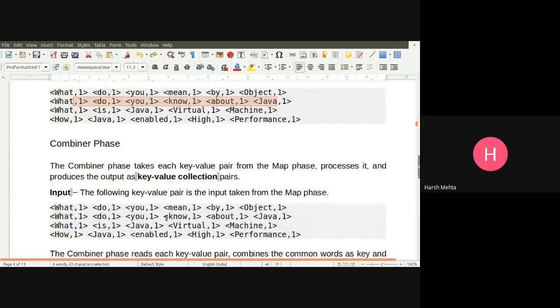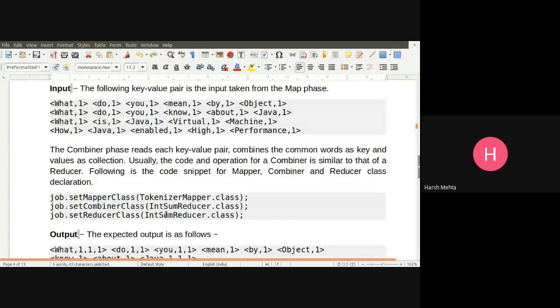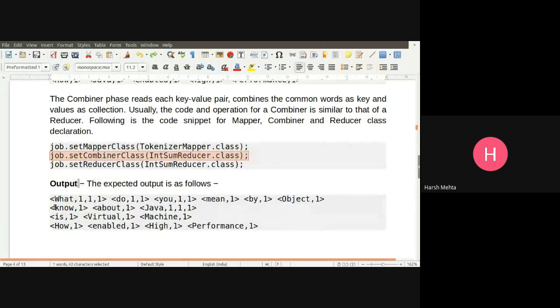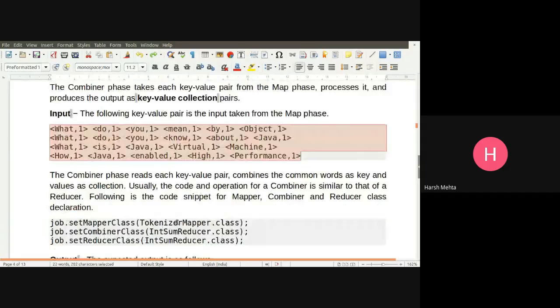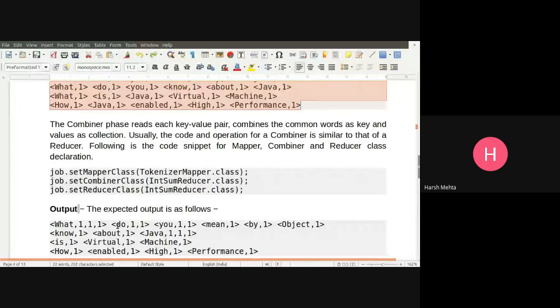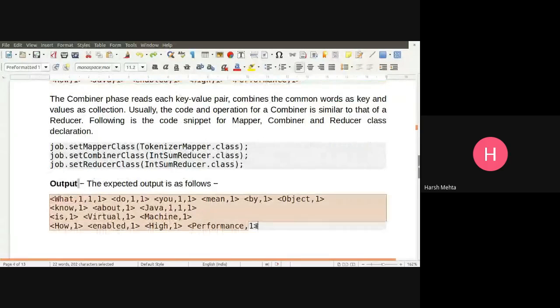What will the combiner do? Now you see, we just need to put the combiner class here. That's it. So the combiner will just combine this. Now you see, this happens in one block only. So the combiner will work like this. In another block, it will perform independently. So this is for one block because this data will come in one block only.